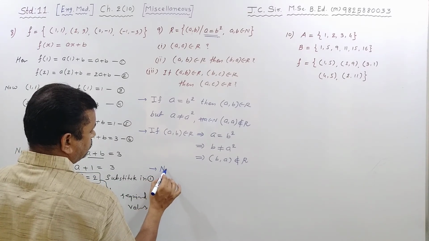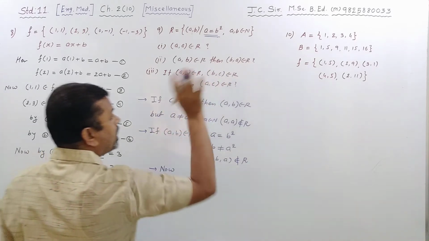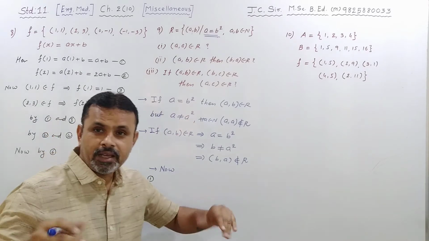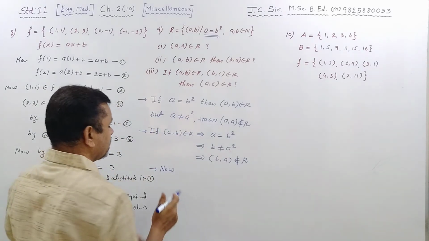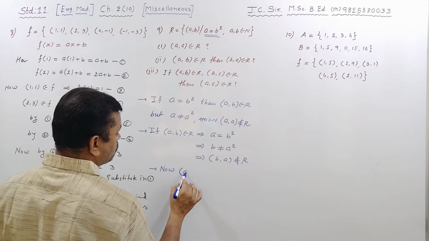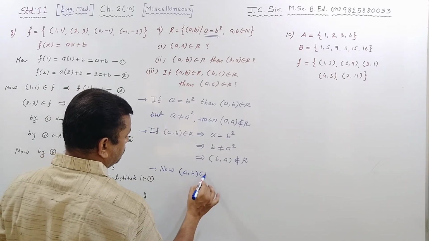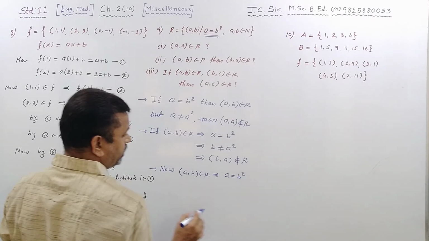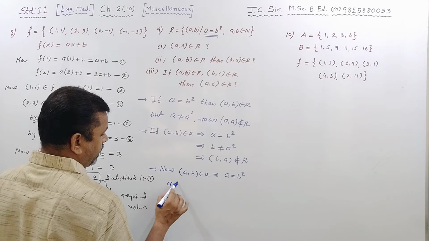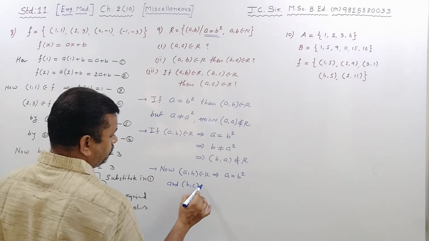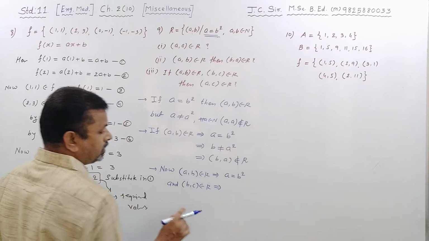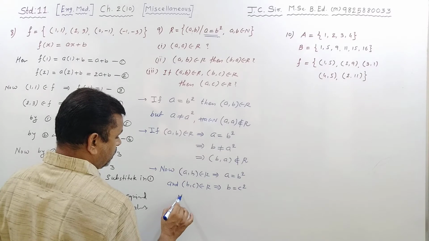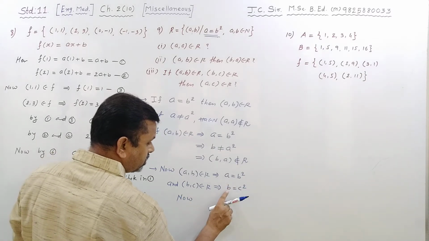Now AB belongs to R and BC belongs to R given, we have to show that AB belongs to R। अगर है तो लिखेंगे yes, नहीं है then लिखेंगे no। तो AB belongs to R, that implies A is B square and BC belongs to R, that implies B is C square। Now see, A is B square, B is C square।